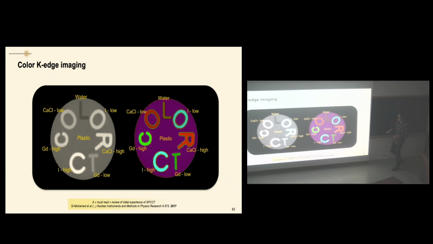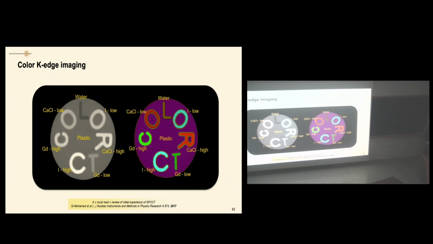This is the most interesting, and we talk about the ERC Starting Grant, and this is what enables me to get this grant. It is to provide specific and quantitative imaging of contrast agents. So you see here it's a funny phantom with different materials in each insert: gadolinium, calcium, water, iodine, calcium. You see that in this experimental setup you can depict all of this and differentiate between each of them.